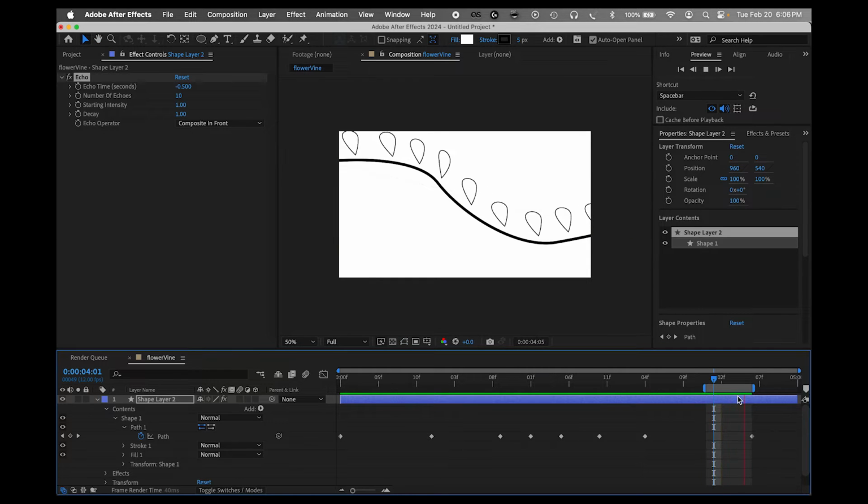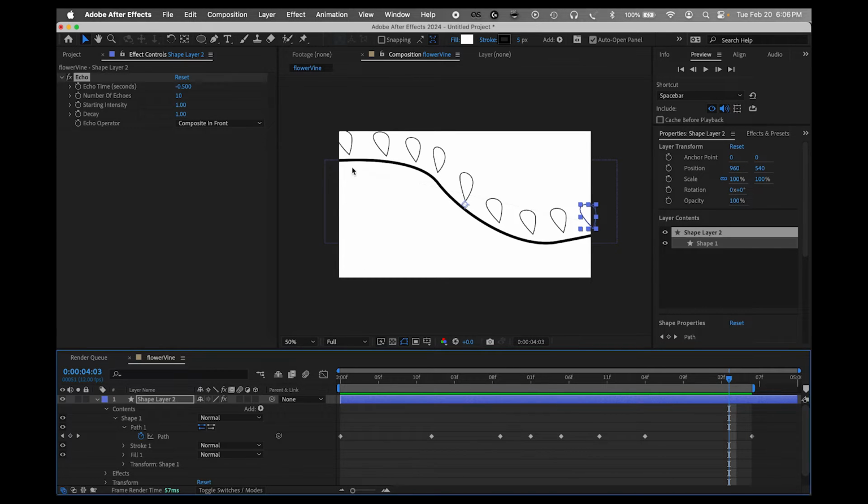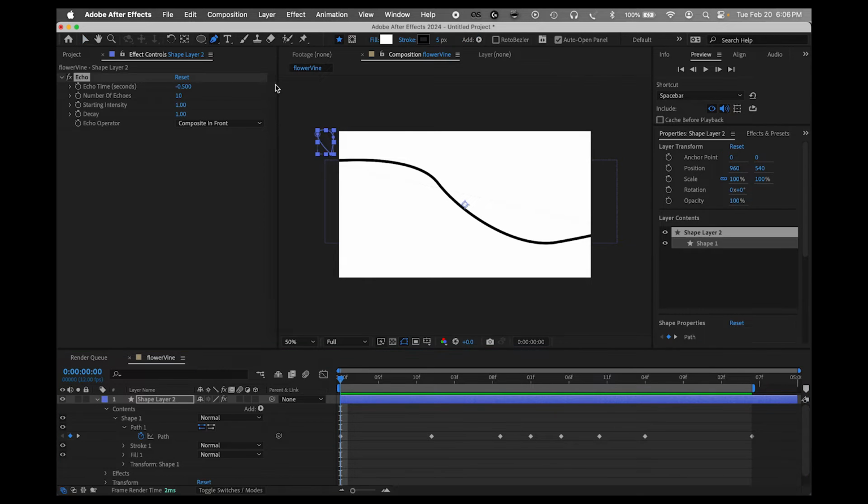You get a looping function where it all animates from one point into the next point, and that next point is the start point of the next section of the animation. You get a seamless looking loop. Now I'm going to add a second leaf by coming back to frame number 1 and getting my pen tool